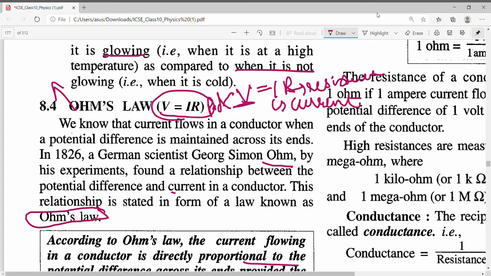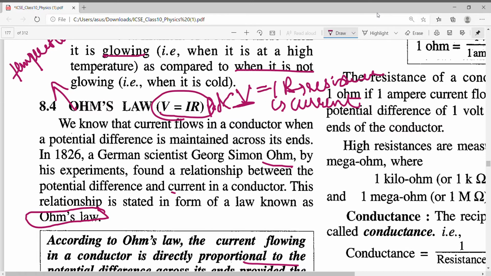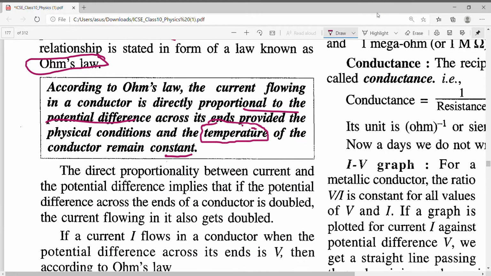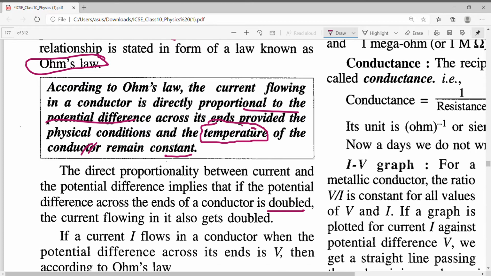What remains constant? Basically the temperature remains constant, right? And whose temperature? The temperature of the conductor. Correct? Don't forget this. So the direct proportionality between the current and the potential difference implies that if the potential difference across the ends of the conductor is doubled, right? If you double the potential difference at the end of the conductor, then the current flowing in it also gets